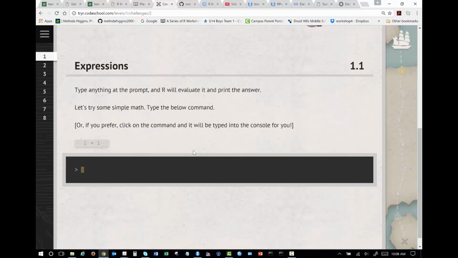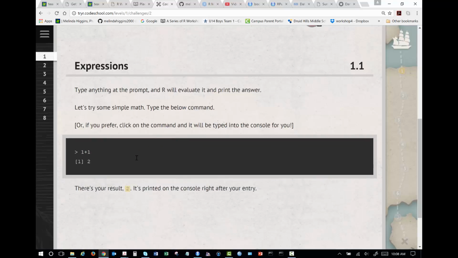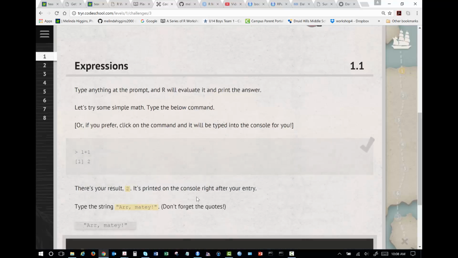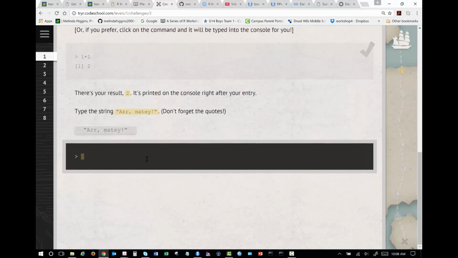You click continue and it says, okay, let's type an expression. And it'll come back and say, yay, you did great. Let's go to the next one. It'll just literally walk you through. So at least you get the feel for what it's like to interact and what the R interface looks like. Everything you do here, you could do inside the R software interface.